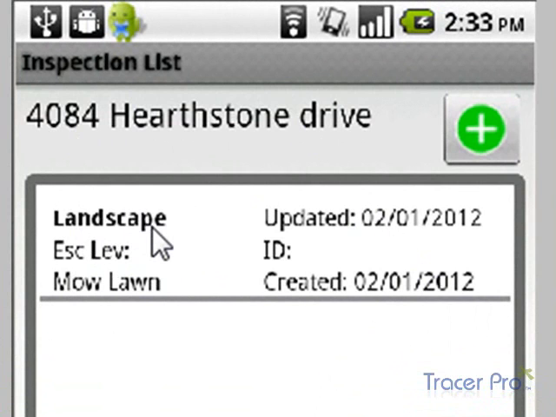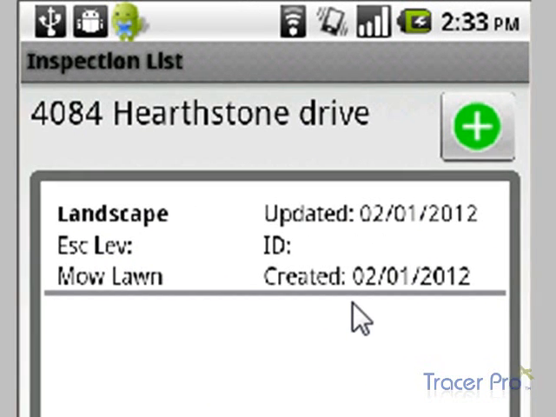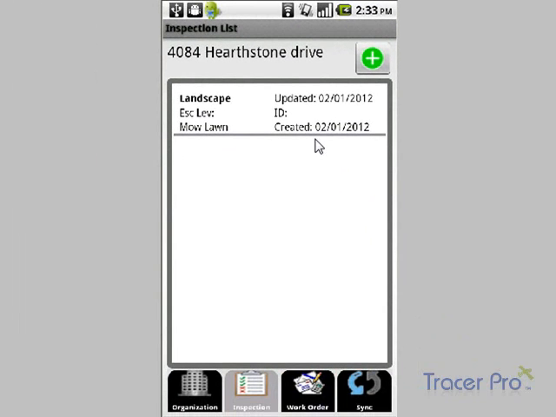I created a landscaping violation. It's a mow lawn violation, and it was created today, and it has not been updated other than today because it's a new record. In the future, say 7 days from now, I can come back and I can look at this and I can see that a record was created today, and in 7 days I might want to follow up on this problem. So I can then select it,